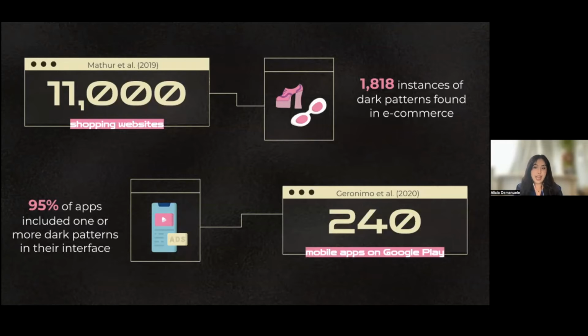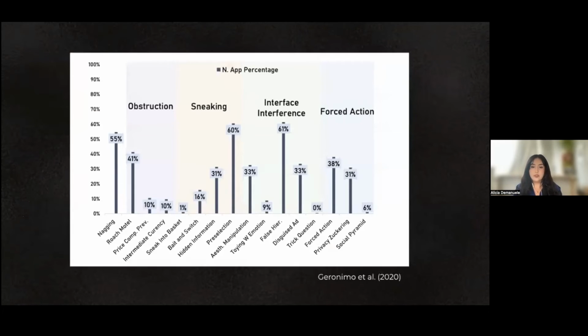Shifting the environment to apps, in 2020, Geronimo et al. analyzed the top 240 free-to-use mobile applications on the Google Play Store, which included apps like Facebook, Amazon, and Twitter. Here, 95% of apps included one or more dark pattern in their interface. So relating it back to the taxonomies I introduced earlier, the authors showcased the percentage of apps with at least one occurrence in each subcategory. And as you can see here, false hierarchies, pre-selection, nagging, and roach motel were the most popular across apps in